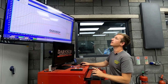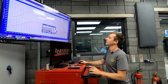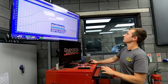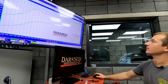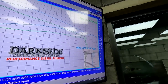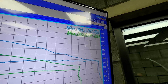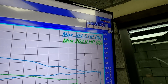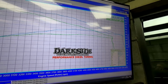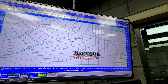So if I hide all these ones, which will take me a second because there's absolutely tons. So as you can see here, they're a bit far apart, these, which I'll move that back up to there now. I can move it up there. You can see this is what we've ended up with. 304 horsepower. This is with 50-50 MEF at the minute, and this is on what we're considering a drag tune,